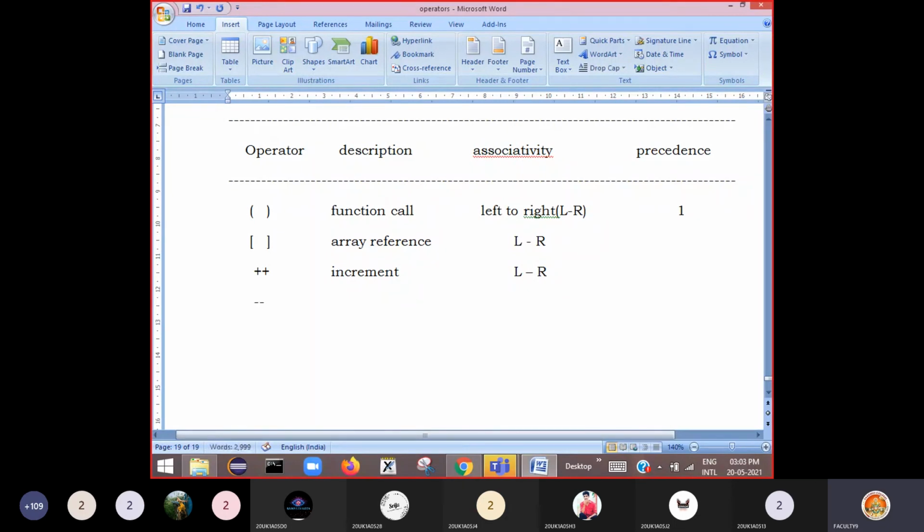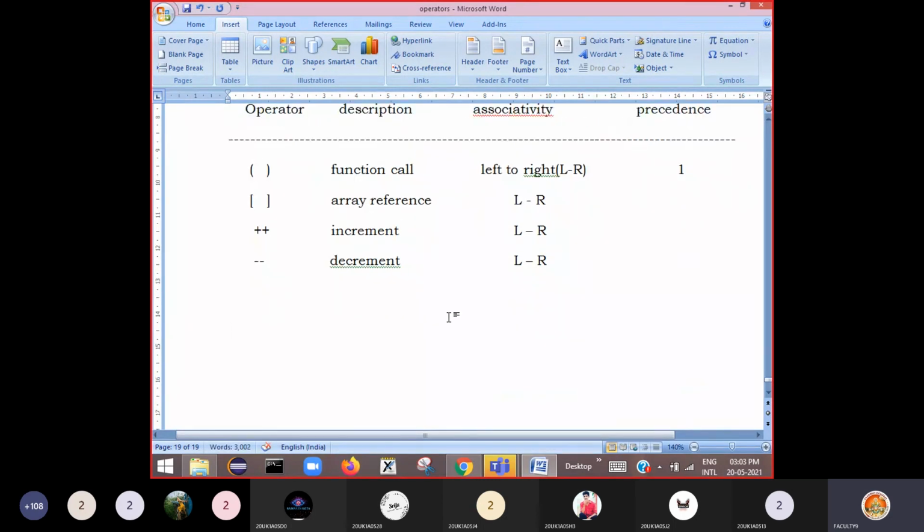Then you have minus minus, which is called the decrement operator, and for this also the associativity is left to right. All these come under priority 1.